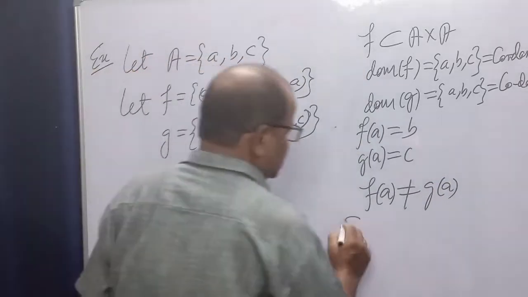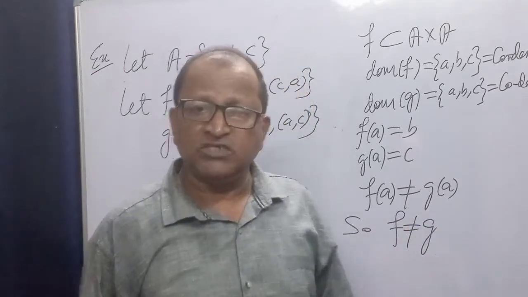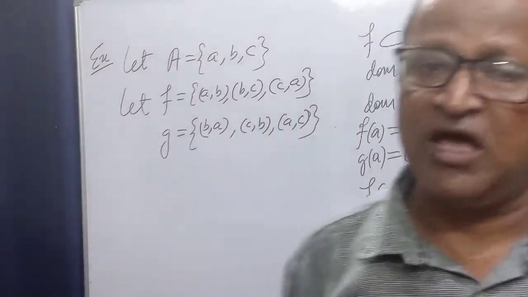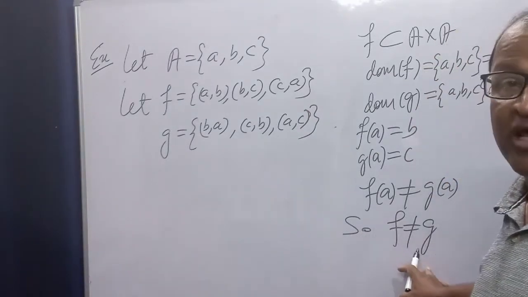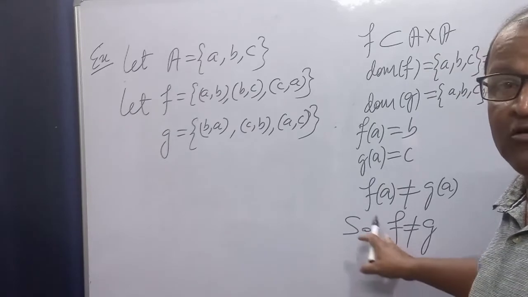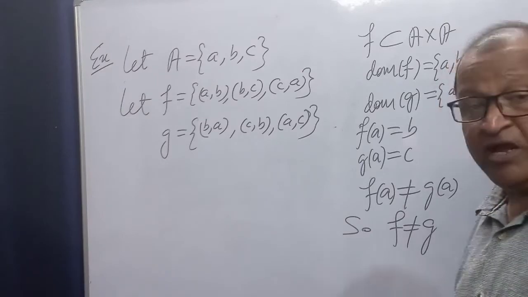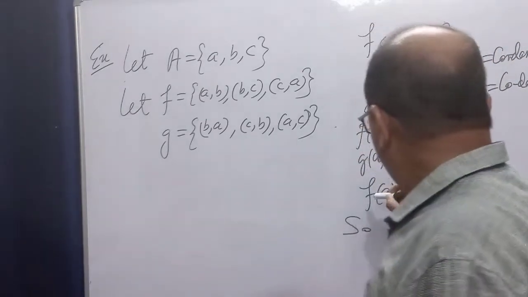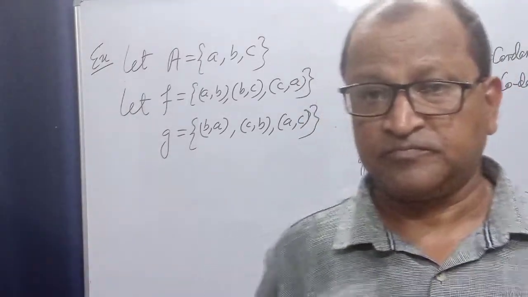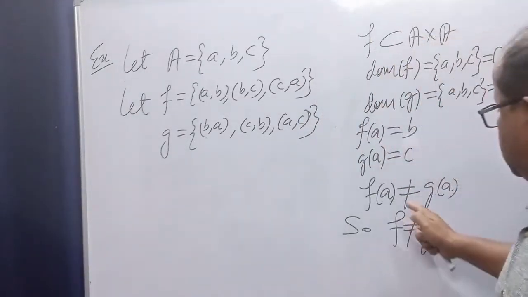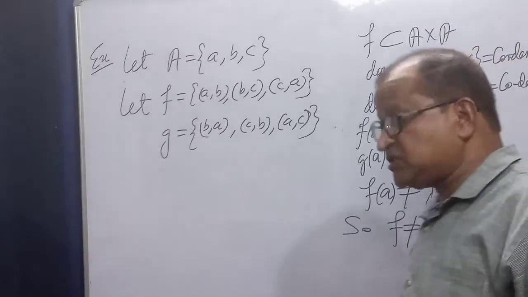So f is not equal to g. Although their domains are the same and codomains are the same, still the two functions are not equal because corresponding images are not equal. The image of an element in the domain under f is not equal to the image under g, right? Yes. So the functional value of a